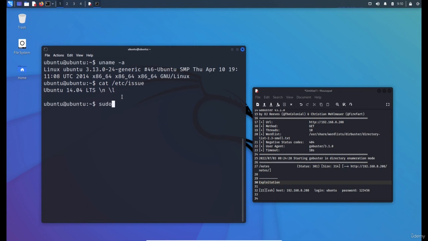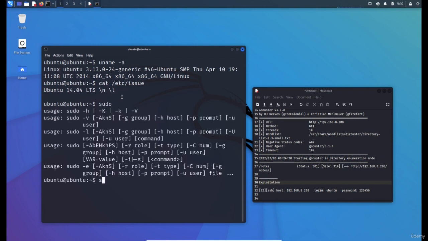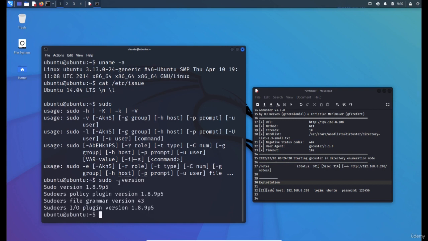They had a bug in the sudo command that let you instantly become root. So if you type sudo --version, you'll see 1.8.9 in this version, and older versions and also some newer versions. I think it's lower than 1.8.21. There was a bug in the sudo program which lets you become root immediately. So notice that you have the -u parameter that lets you specify which user you want to run as. So in old sudo versions you could type sudo -u